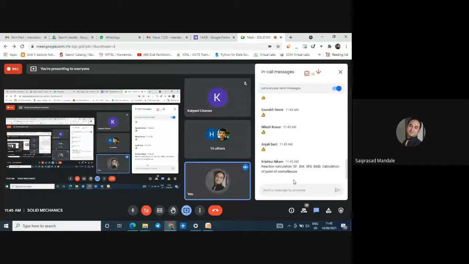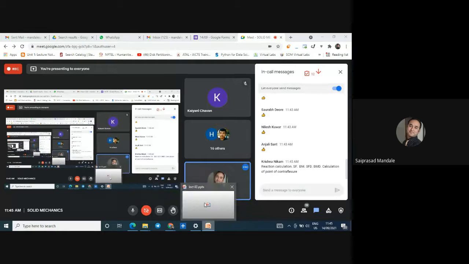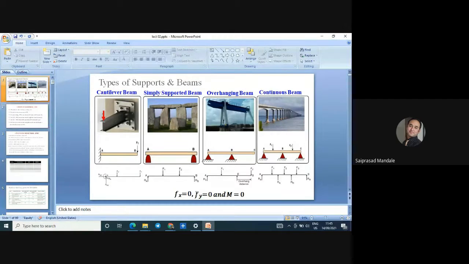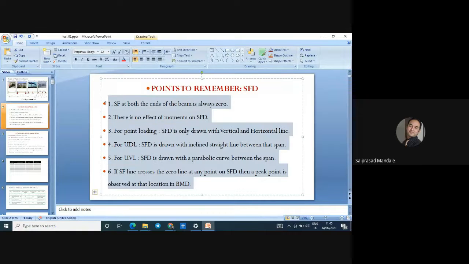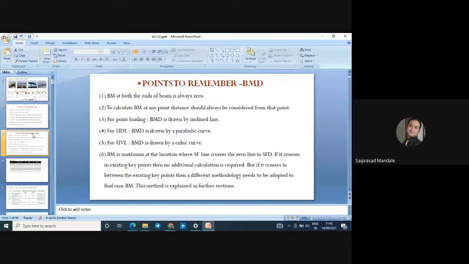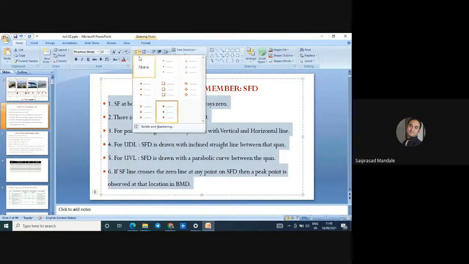So these are the common steps that we have to follow in order to solve the numericals based on that unit. So moving onward, the points to be remembered, very important points that we have to remember while solving the numericals on SFD and BMD. I'll give you the key points that are very important to solve the numericals in SFD and BMD calculation. So let's go through the simple points. What are the points? Let us have a look.